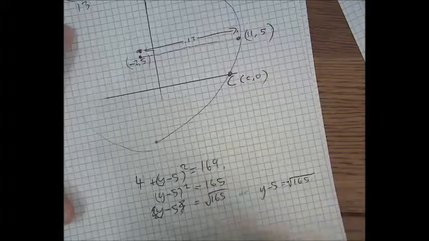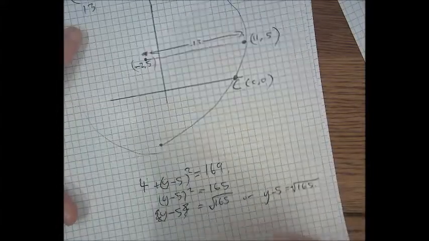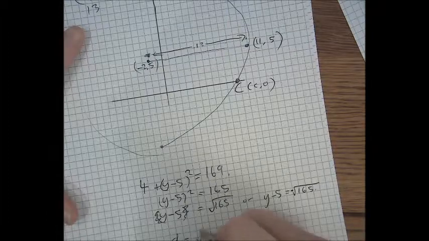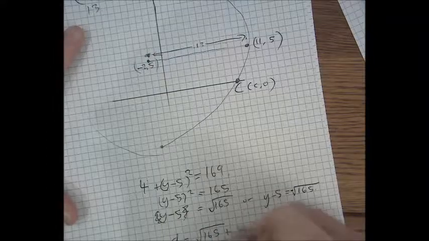It's only the positive answer we want, so our d is square root of 165 plus 5. Now I'm going to